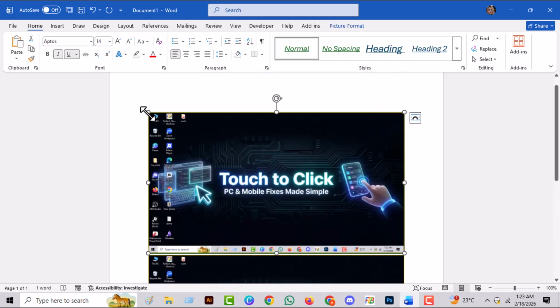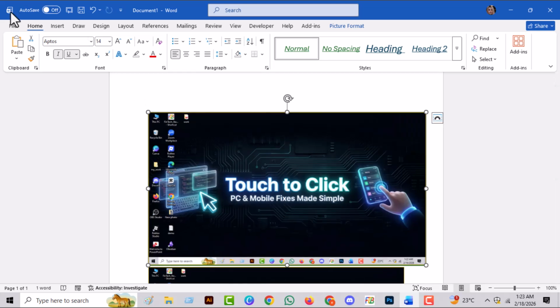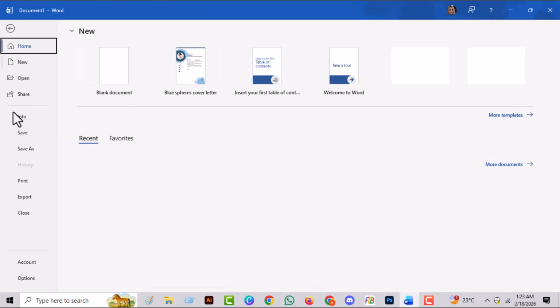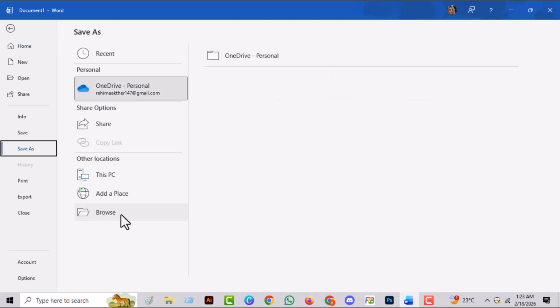Step 4. Click on File and then choose Save to store the screenshot on your PC. Select your desired folder and file name, then click Save to complete the